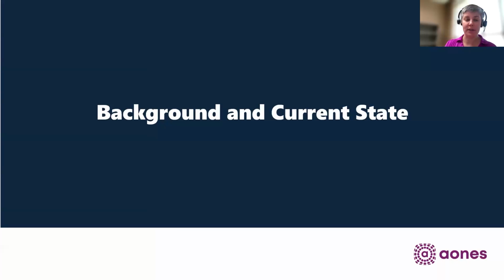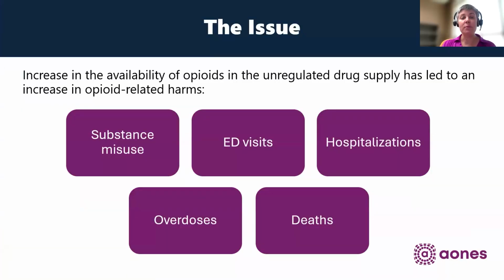But first, the background. As I'm sure most of you are aware, the drug poisoning crisis has worsened dramatically since the introduction of fentanyl in 2016 and was only exacerbated by the COVID-19 pandemic. Changes to the types of opioids in the unregulated drug supply and an increase in their availability has resulted in an increase in substantial harms to persons and communities through rises in substance misuse, hospital visits and admissions, overdose, and